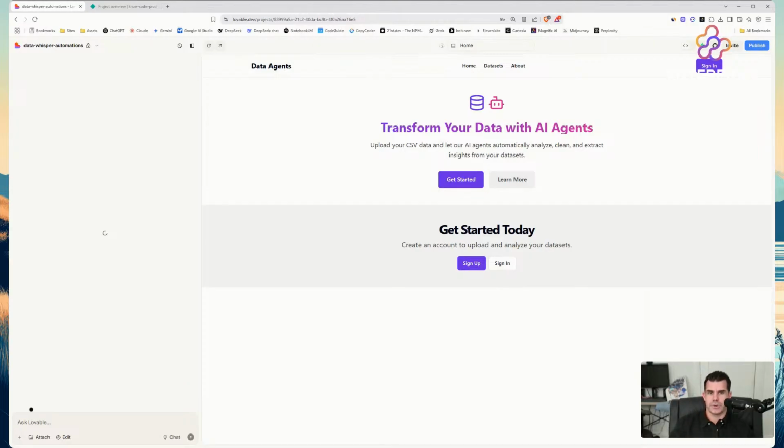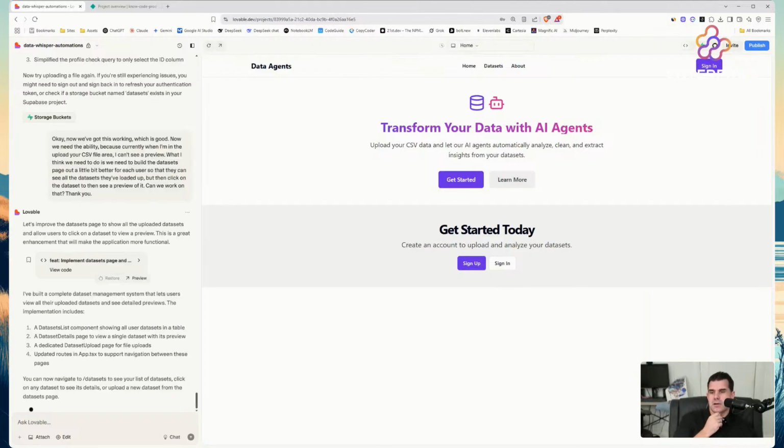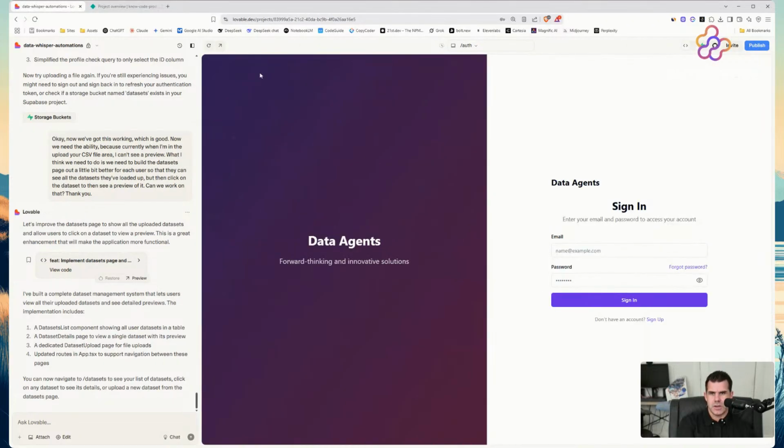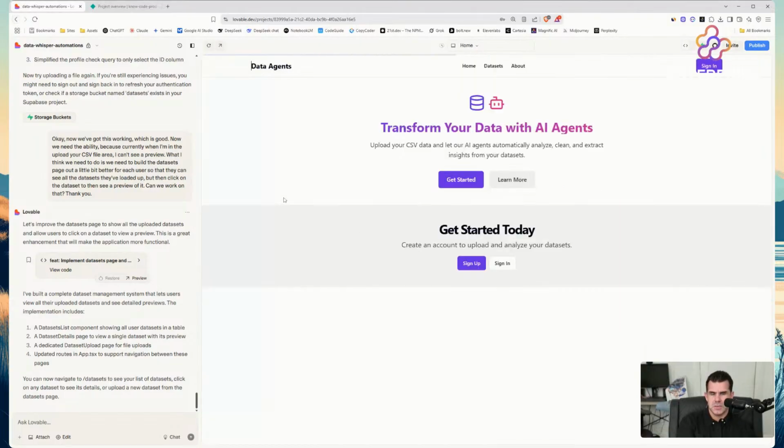Okay. So we had a really good start. I think we did about an hour and a half last time, and we got to a reasonable place, I would say. We sort of got a bit of a structure about what we wanted. I started to build out a few pages. I built the sign in and the sign up page. So these are just some of the standard things that I do by default pretty